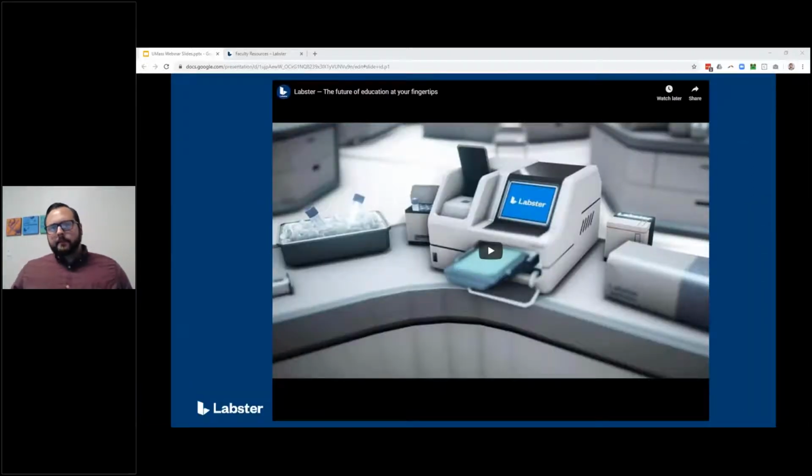And the way that we address them is through the use of these gamified virtual labs. We incorporate real experimental data and algorithms so students can actually change variables, observe outcomes, even make mistakes, just like they would in the real lab, but in this virtual environment. So I'm going to run through a quick video now highlighting some of the details, and then we can dive a little deeper afterwards.